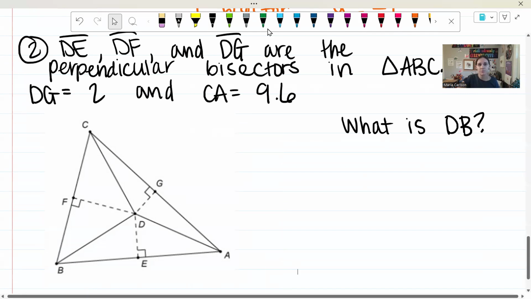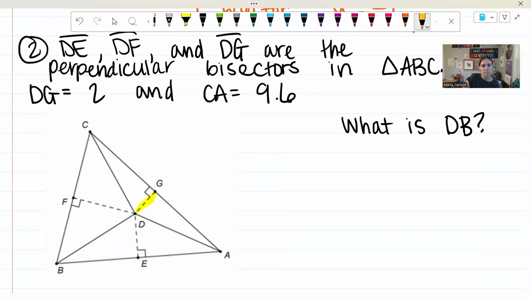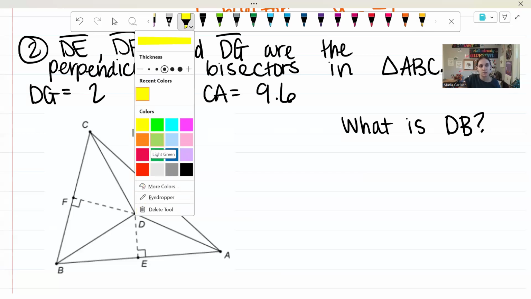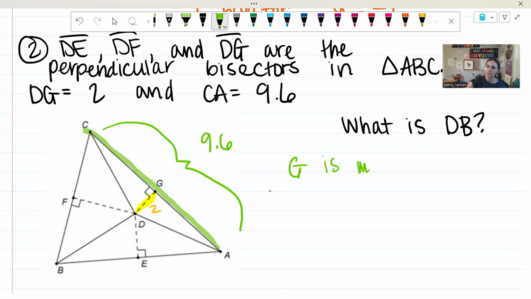And I think it's very helpful to label what we know. So DG, this side here, is 2. And CA, that is 9.6, right? So this is 9.6. I think it's important to note, since DG is the bisector, right? G is the midpoint of CA,